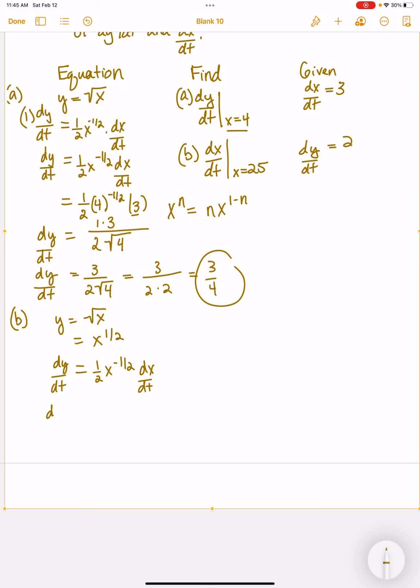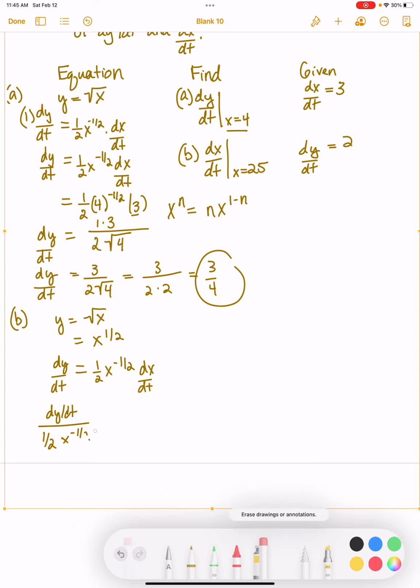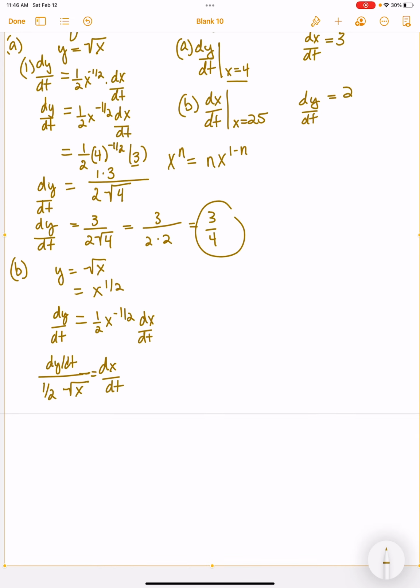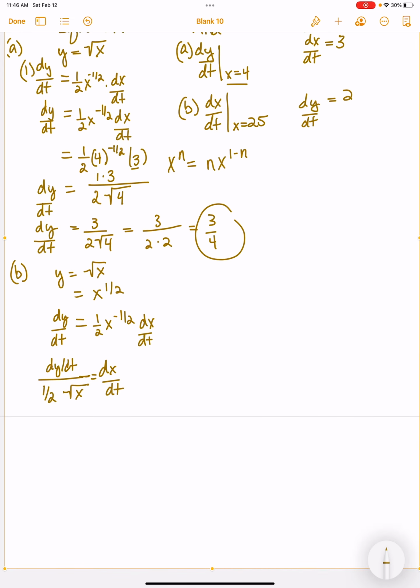So what I'm going to do is I'm going to have dy/dt divided by, I need to divide that guy away. So we're going to have 1/2 x to the minus 1/2. Well, he's already a minus 1/2 guy, so we're going to rewrite him because he belongs in the denominator anyways. So we're just going to go like that. 1/2 square root of x equals dx/dt. Now our dy/dt is going to be 2. So we have 2